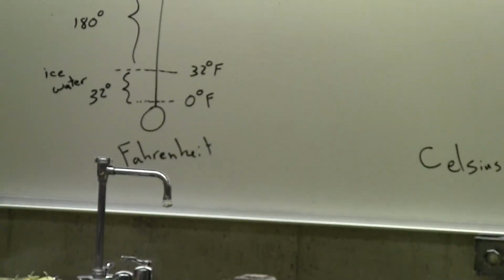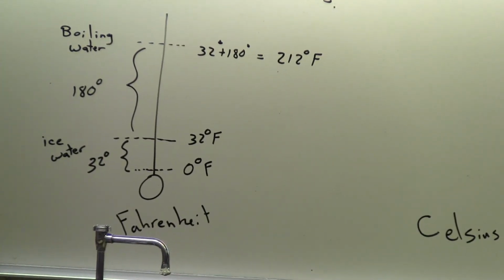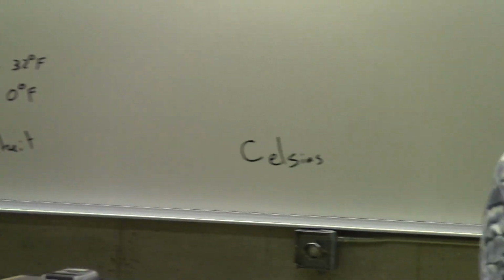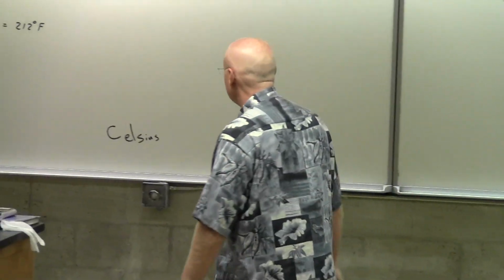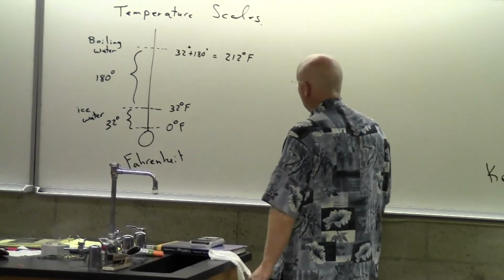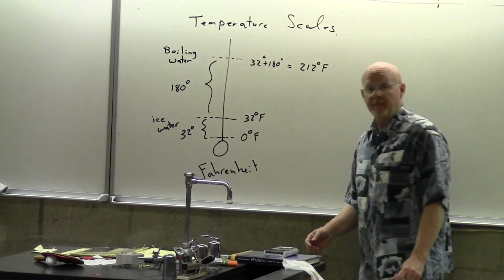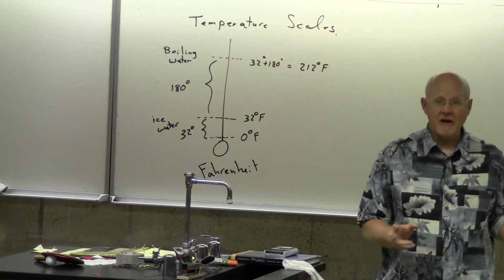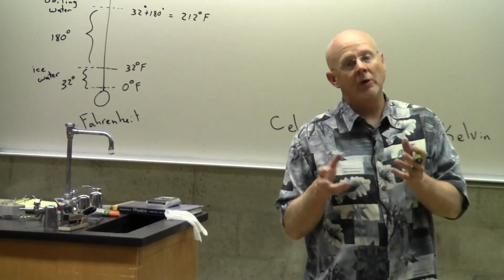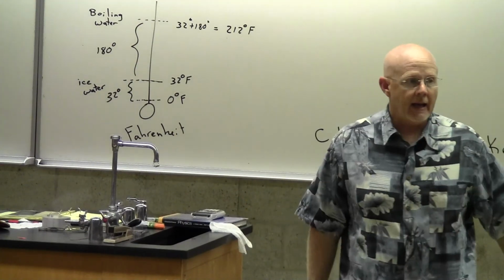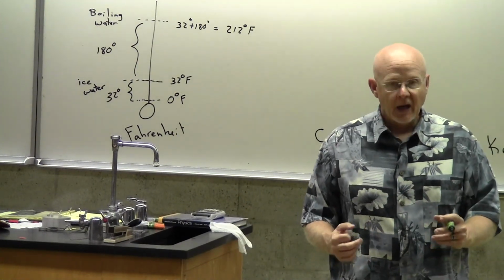Boiling water is 212 degrees Fahrenheit. Ice water is 32 degrees Fahrenheit. And a heavy mixture of salt and ice water is 0 degrees Fahrenheit. And so this is his temperature scale. And like I said, I found it funny, he did not mean for degrees to really represent a temperature scale.